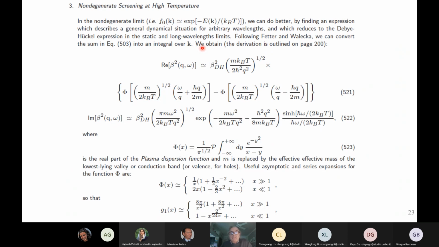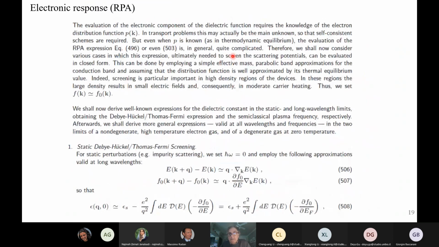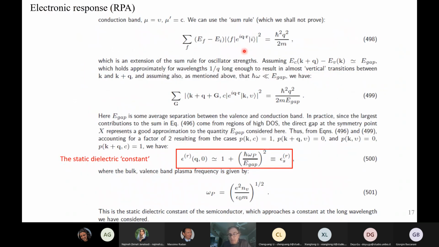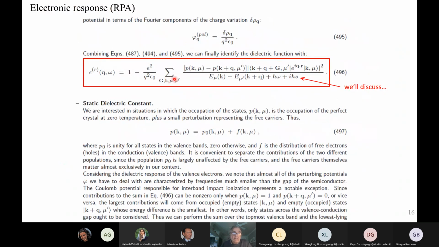The general form is kind of messy. So first of all, we have to go back here. I have to integrate this object. This has the sum over G that I can deal with by using my sum rules if I want. I have a sum over bands. I can consider the bands which matter the most, which minimize the denominator. I have free carriers though, so I have to consider also,